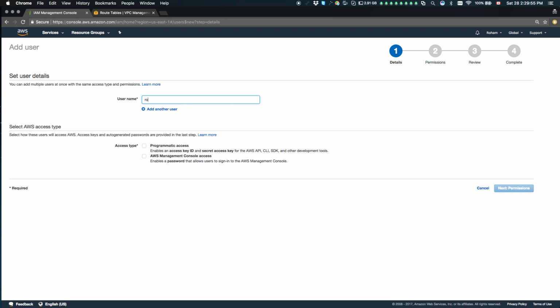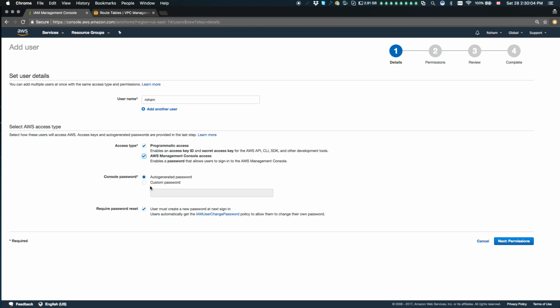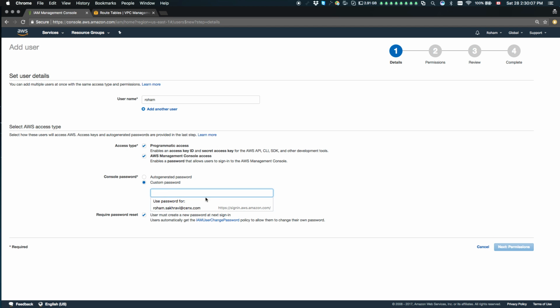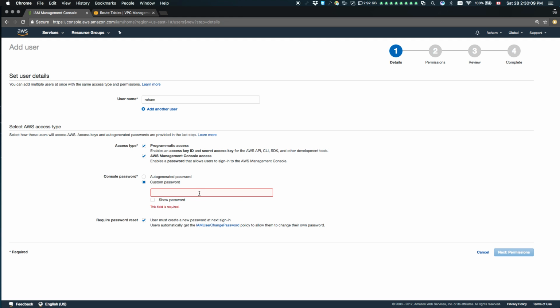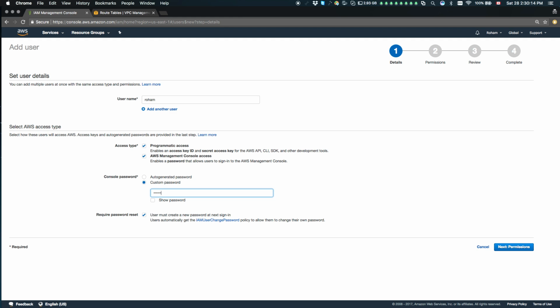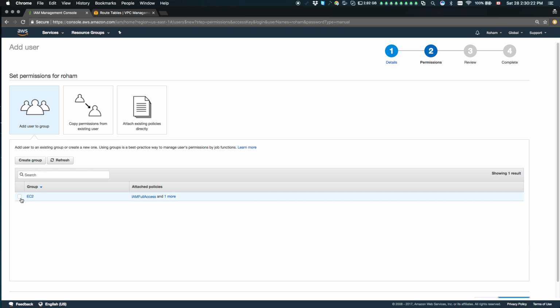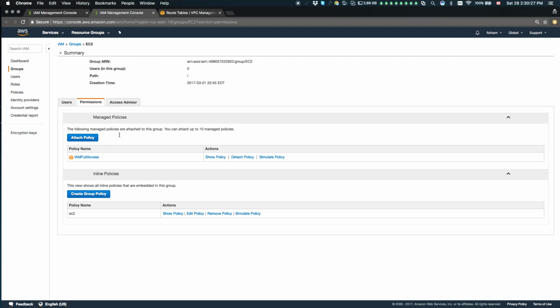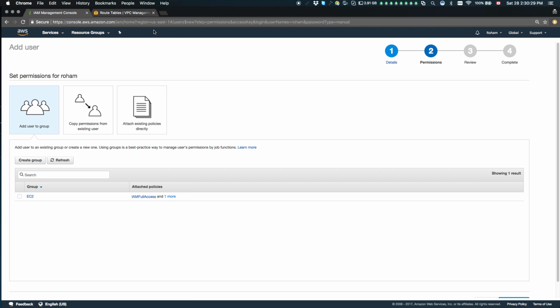Let's just call this program, okay? Make sure you check these buttons. Programmatic access, database management also, okay? Just want a custom password for this. Okay. Give full access and one more. What is this one? An EC2. Okay. So